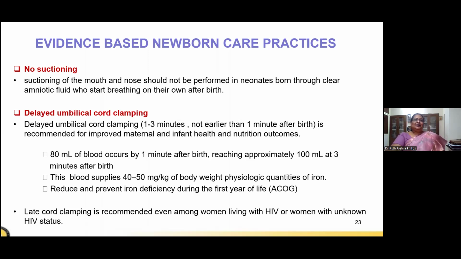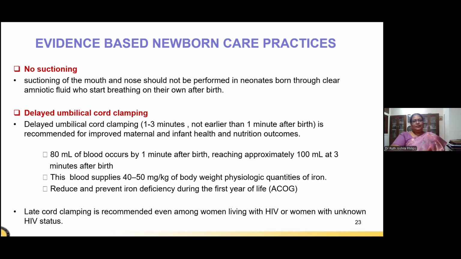Another important thing that we follow as midwives is delayed umbilical cord clamping. Normally, once the baby is born, they immediately clamp and cut the cord, which is not at all good for the baby. Rather than that, we practice what is called optimal cord clamping or delayed cord clamping, which is waiting for the cord pulsations to stop. It usually takes around 3 minutes, and sometimes it might go a little longer, but at least waiting up to 3 minutes after the baby is born